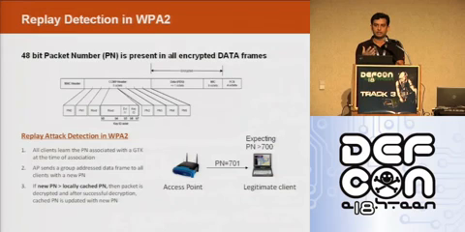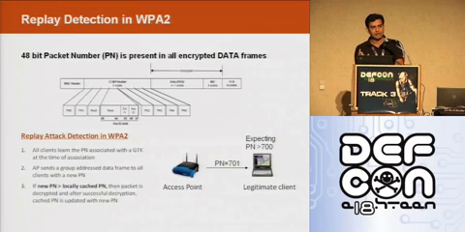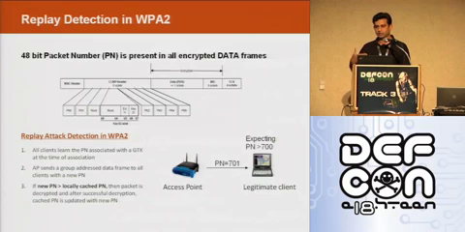When the access point sends a packet, it will send it with 701, because that is part of its traffic stream. It has already sent 700, so the next packet will be 701, 702, and so on. So when the access point sends a packet with 701, the client is going to accept that packet, and once the packet is successfully decrypted, the client is going to update its locally cached packet number. So now the packet number becomes 701, and that number will be used to detect replayed frames.